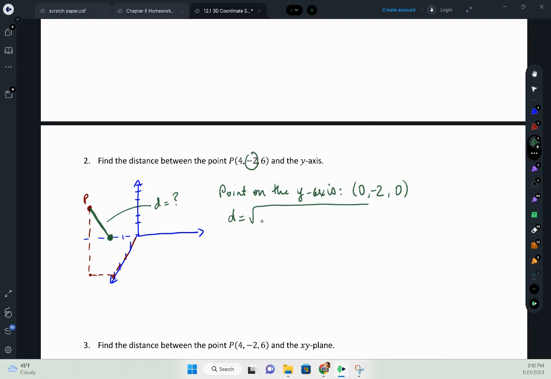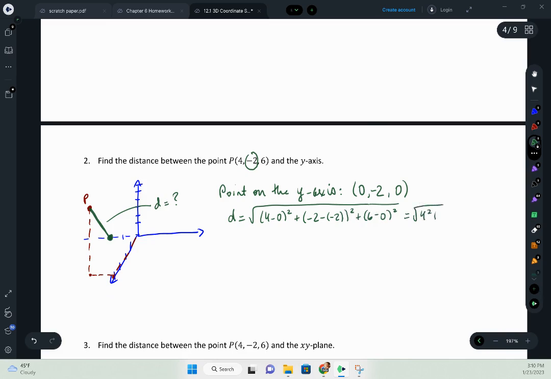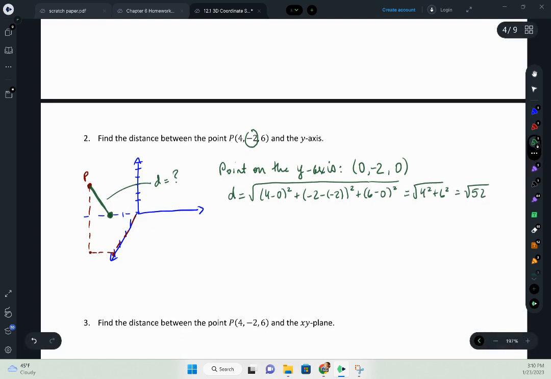So what this gives me, I've got my difference in x values, 4 minus 0 squared, plus -2 minus the -2, all squared, plus 6 minus 0, all squared. This simplifies to be the square root of 4 squared plus 6 squared, which is the square root of 52. And that's good. Now, what some people noticed in class was that we could look at this in a different